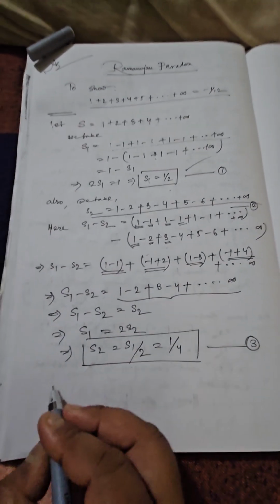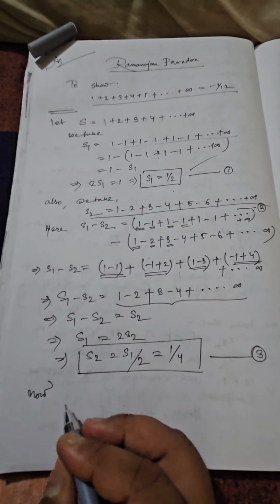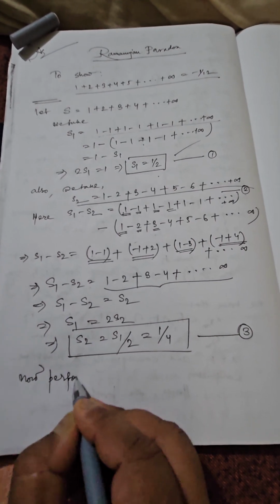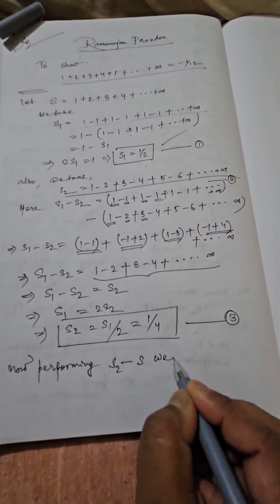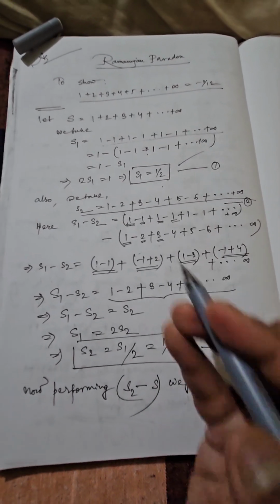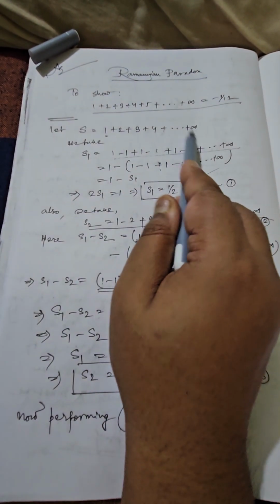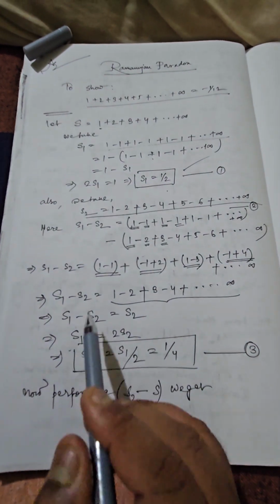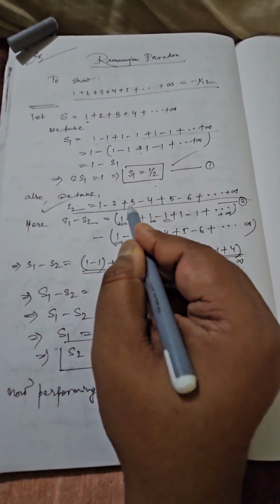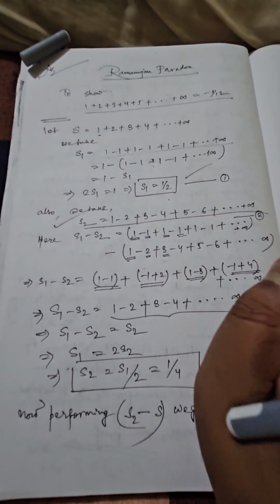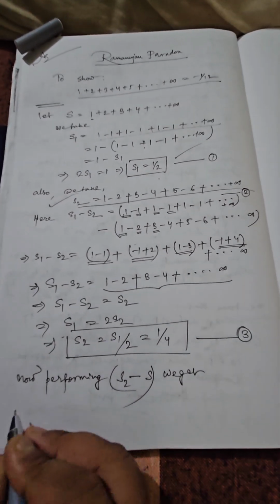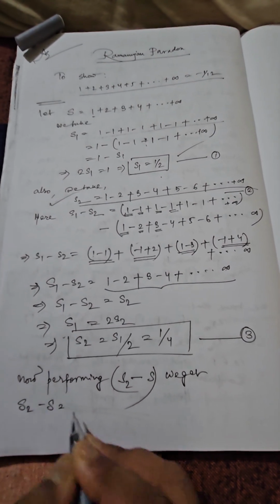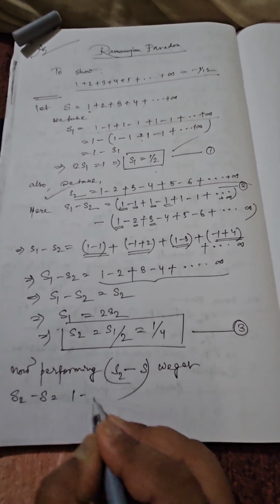So now performing S2 minus S, we get, now just observe the structure of S. S is the required sum and S2 is as per our assumption 1 minus 2 plus 3 minus 4 plus 5 minus 6 etc etc. So if we want to calculate this expression, then S2 minus S can be written as